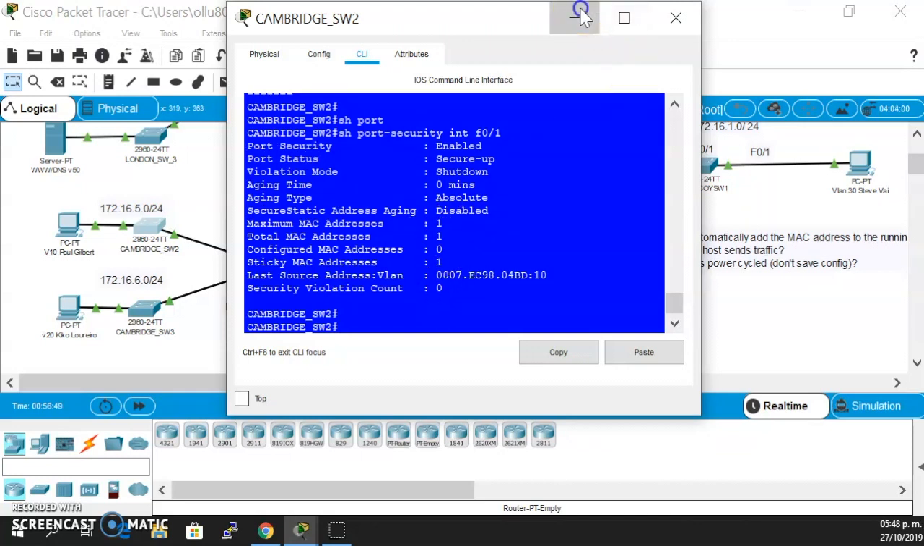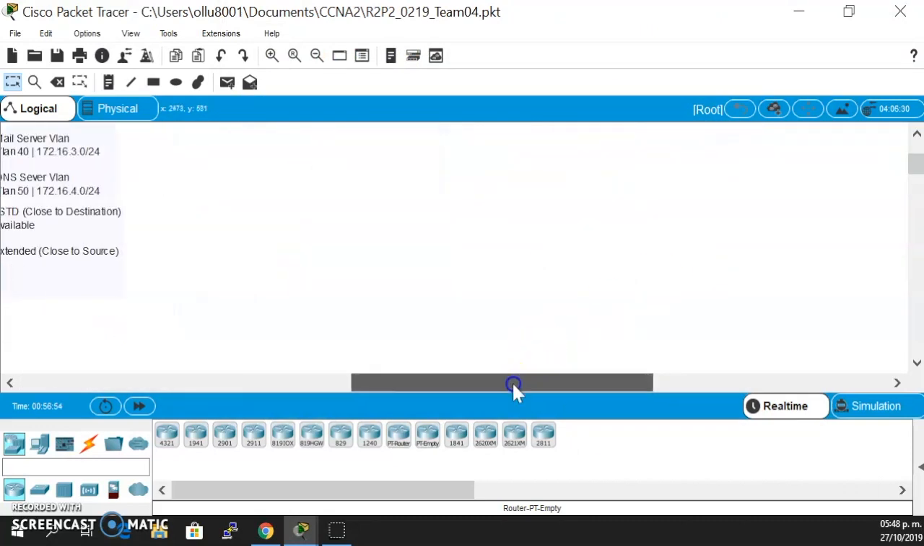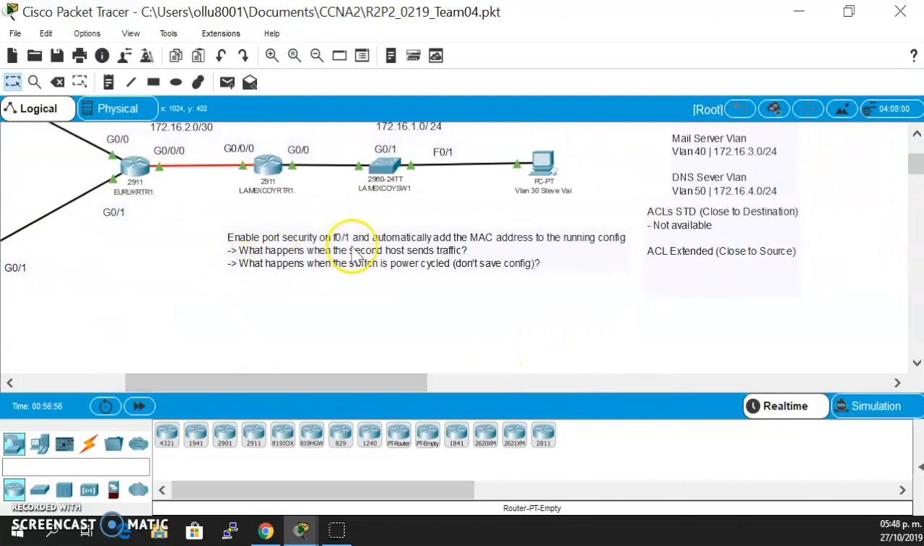But I have one question here that I'm using for this example. Enable port security on FastEthernet 0/1 and automatically add the MAC address to the running configuration. What happens when the second